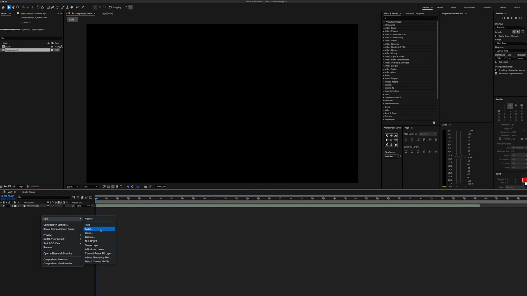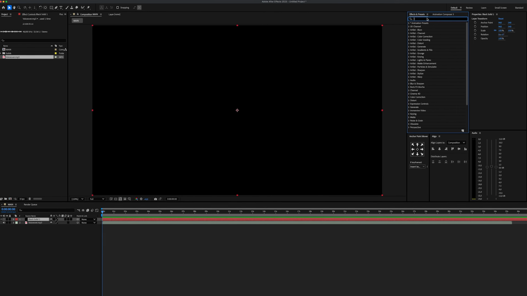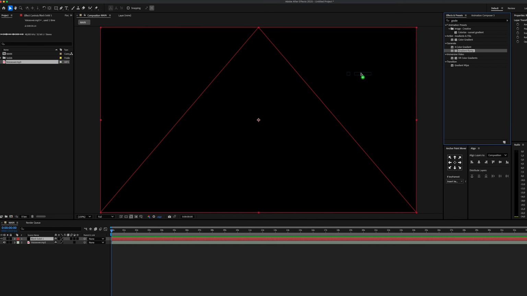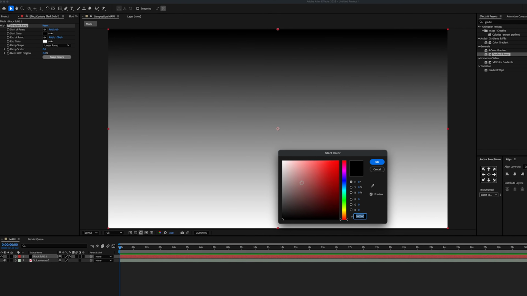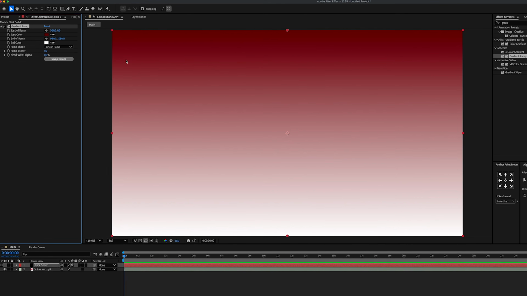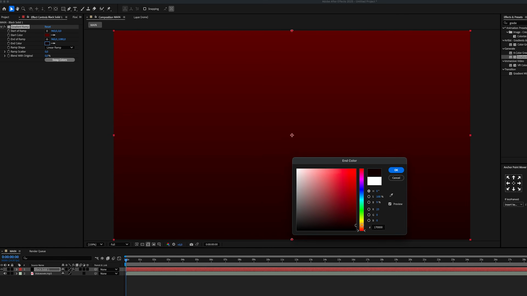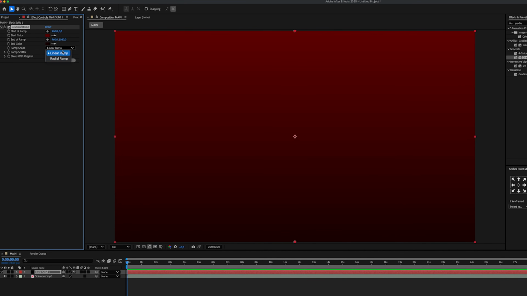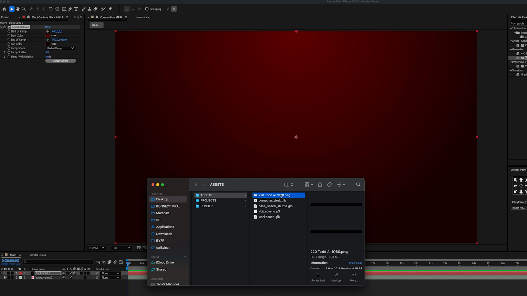Let's right click, create a new solid layer and add a gradient ramp effect to build our main background for the entire video. We're gonna set the first color to something like a dark red and the second one even darker, so we get a nice looking gradient background. Once we switch the ramp shape to radial ramp, for the cinematic vibe,